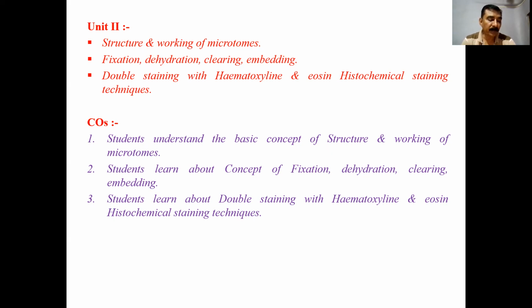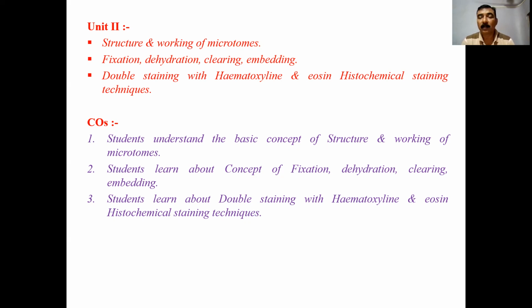Fixation process. There are a number of types of fixatives. Bouin's fixative, alcoholic, Bouin's fixative, aqueous, Zenker's fixative, Carnoy's fixative, and according to the type of tissue, the type of fixative is used. One of the fixatives, the alcoholic Bouin's fixative, consists of glacial acetic acid 5 ml, formaldehyde 40%, 25 ml, saturated picric acid in 70% alcohol, 75 ml. So different concentrations in different fixatives are used for a particular tissue.